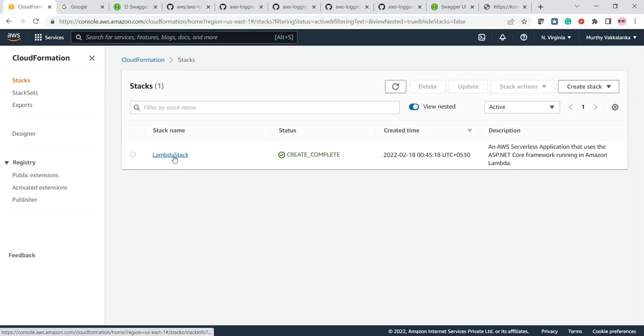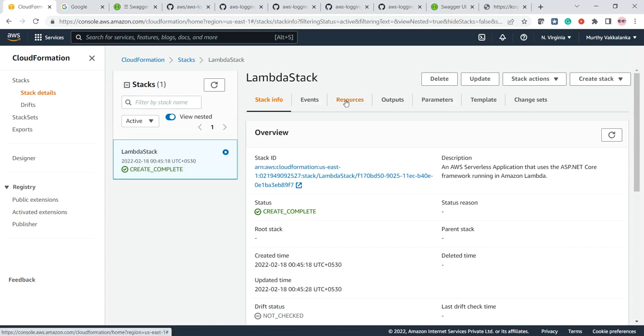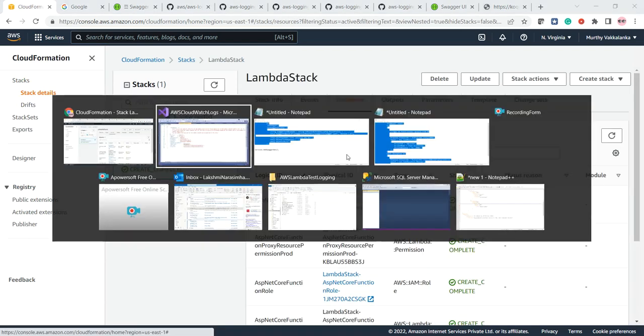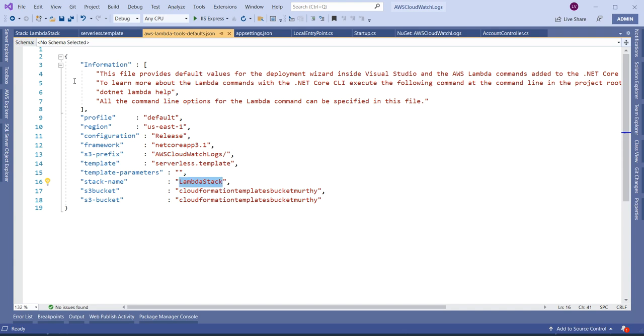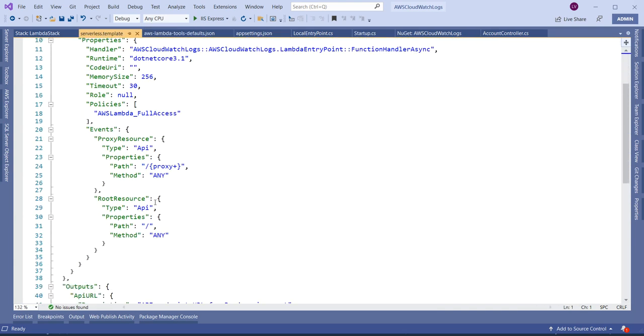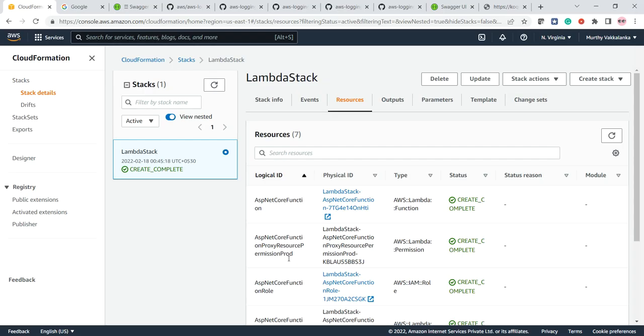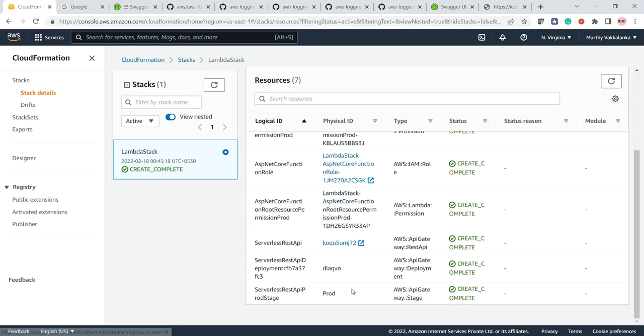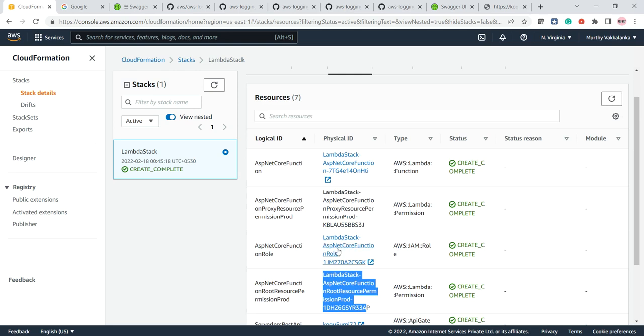Yeah, here, Lambda stack. If you open this and click on resources, you can see the serverless.template right here. From this template, all the required resources are created, and we can see those resources here. What are all created? AWS API gateway stage, and we need one role with permissions. This was created with the required permissions, and this is our Lambda function. If you open it,